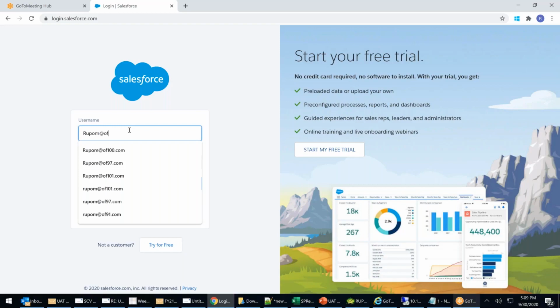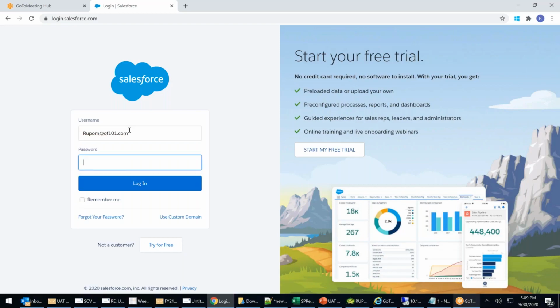So I go ahead and log in with the username ending of101.com, password CRM1234 hash. Now, the first thing that we are going to learn today would be tracking field history,